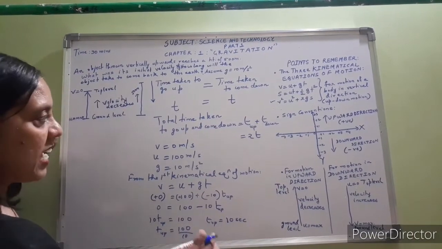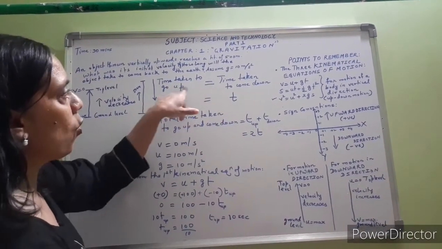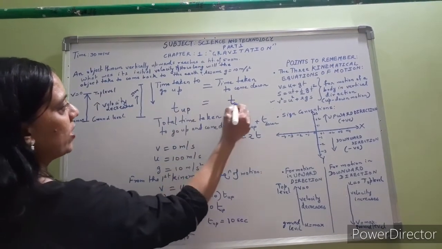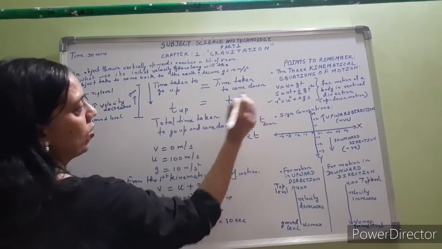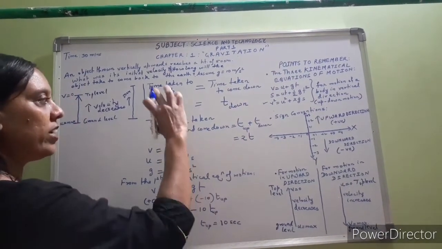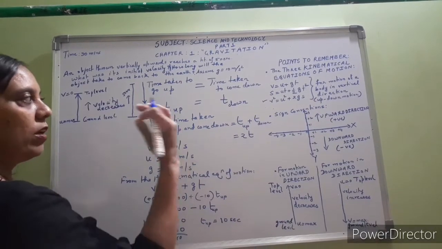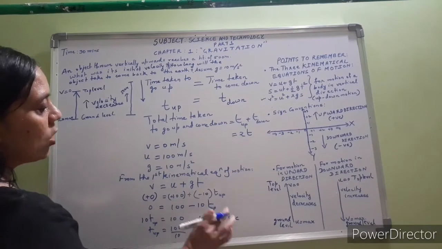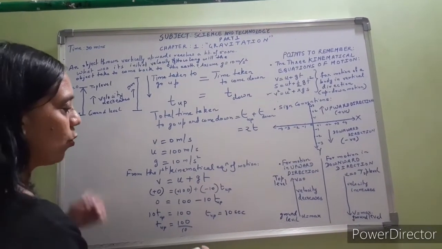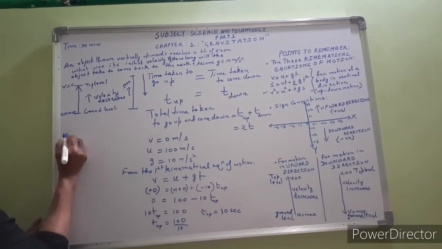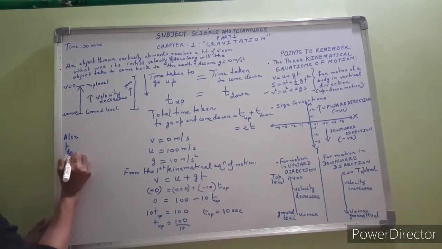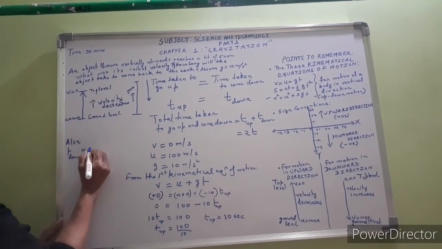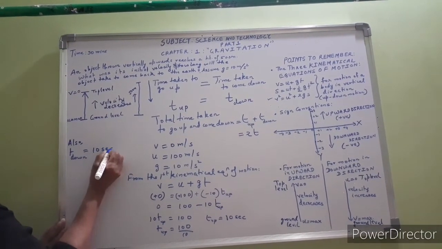Now same time taken to go up is equal to time taken to come down. t up is equal to t down. दोनों टाइम सेम है क्योंकि वही डिस्टेंस बॉडी कवर कर रहा है दोनों डायरेक्शन में, अपवर्ड डायरेक्शन में भी और डाउनवर्ड डायरेक्शन में भी. तो इक्वल टाइम, सेम टाइम विल बी टेकन टू कम डाउन. सो ऑल्सो t down पूरा निकालने की जरूरत नहीं है. t up निकल चुका है, 10 सेकेंड्स लगेंगे ऊपर जाने के लिए. नीचे आने के लिए भी उसे 10 सेकेंड्स लगेंगे.